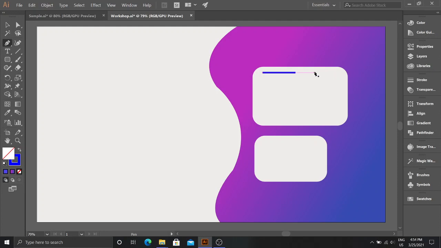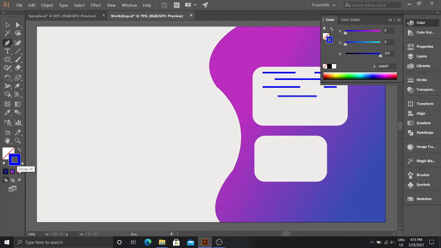Now I'll just replicate this process. Now let's use another color, maybe something like this.